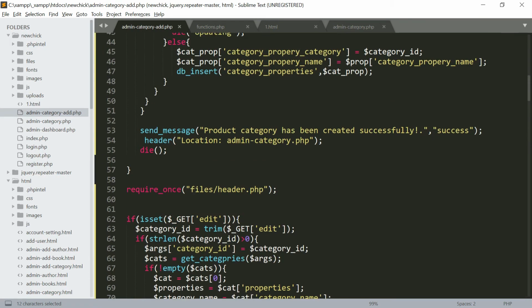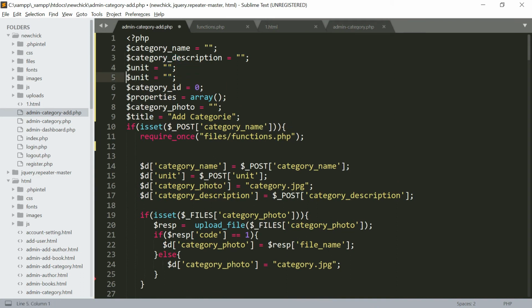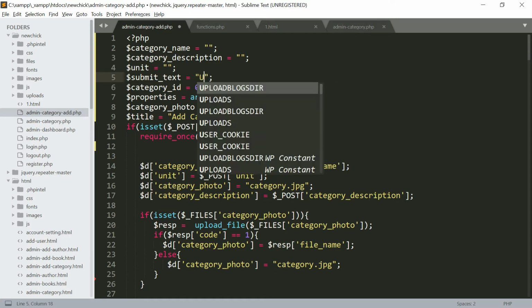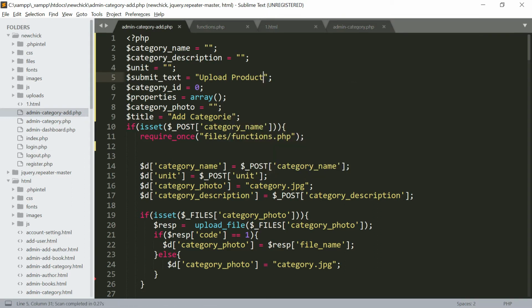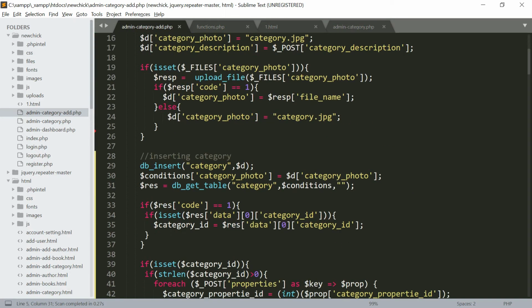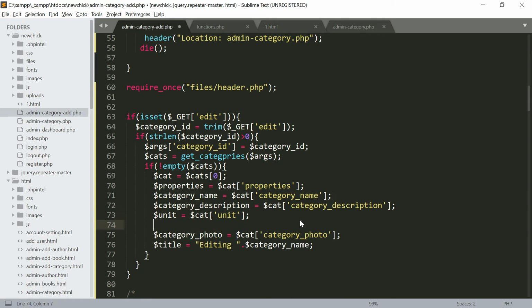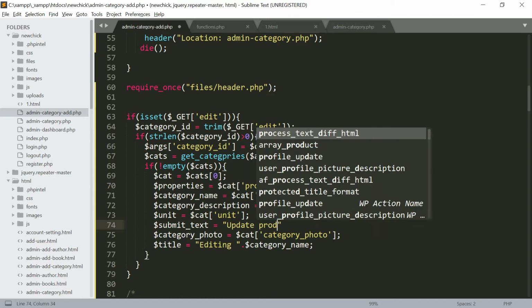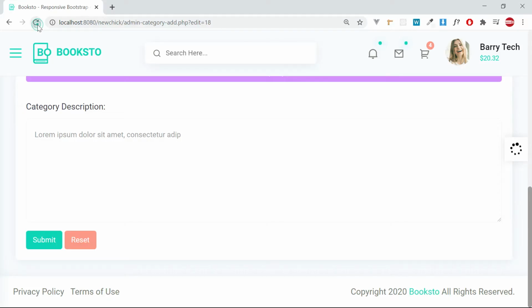So by default it will be add new product, maybe upload new product, or publish product. Can be add new. Okay, can be maybe upload product, maybe. So here, instead of saying upload product, when it is time for editing, I'll come here and change it to update product. Okay, so if I come and refresh,